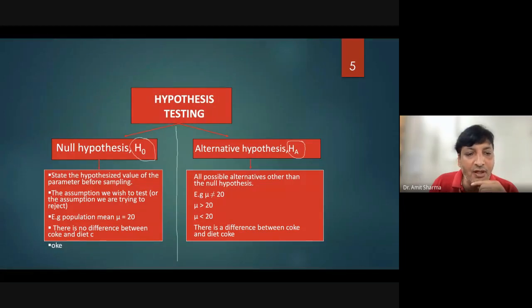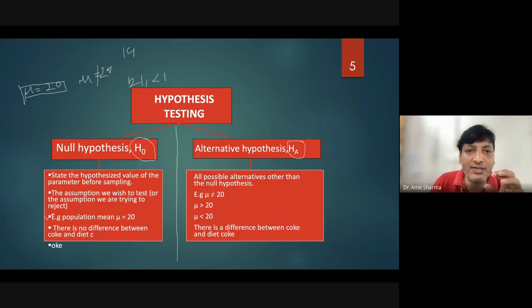This example I have already quoted two or three times: as per the null hypothesis, we can say that the mean of a study is equal to 20. But if you want to quote the same situation in terms of the alternative hypothesis, then we can say the mean of what we are finding is not equal to 20. So we will reject the null hypothesis. It can become 19, 18, 21, 22.